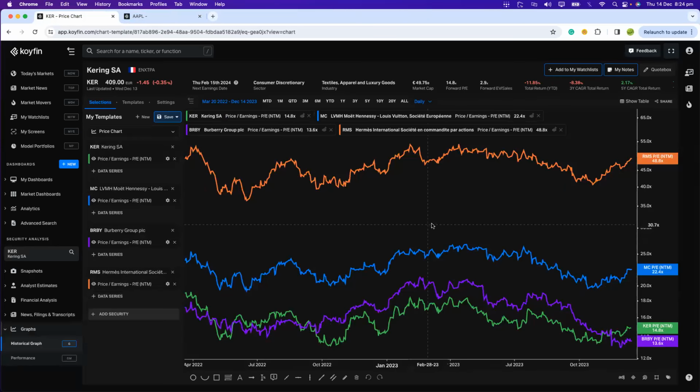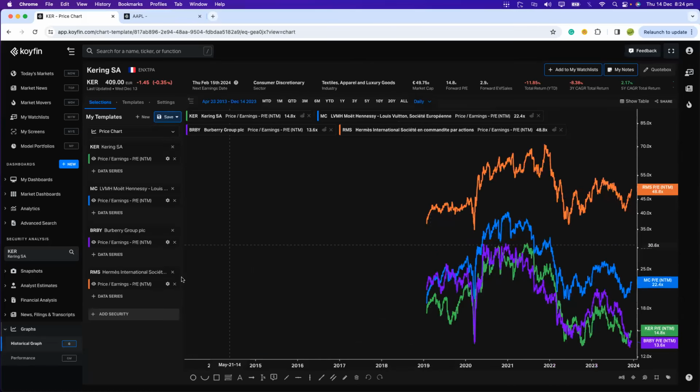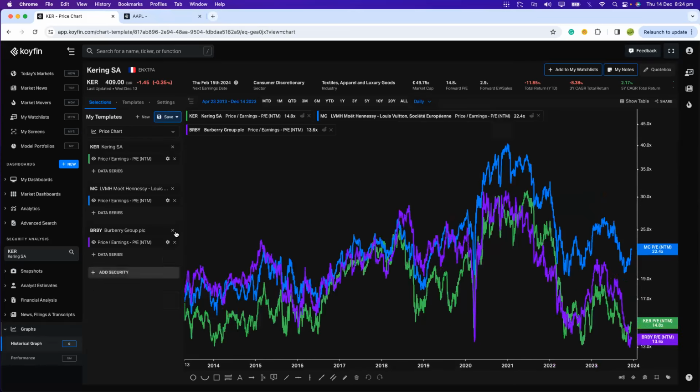Another thing that you might want to compare as well. So price to earnings is pretty simple. It's just one metric. They're all line charts. If you're in the same sector, there's probably not going to be a ridiculous deviation between the kind of norms. Well, here you've got the Hermes premium, which has held consistently strong over the last decade. But if we're looking at something like revenues and EBIT, we might want to compare those in a slightly